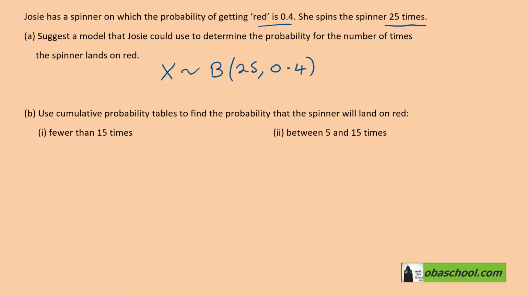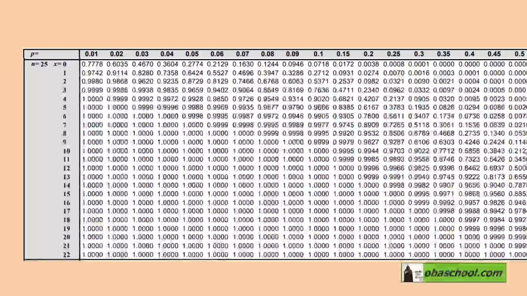Use cumulative probability tables to find the probability that the spinner will land on red fewer than 15 times. Now that's fewer than 15, which means less than or equal to 14. Remember, this is discrete, so if it's not 15 included, the next one down is 14. And we just need to look that up in tables. So we've got the n equals 25 tables here, and this column is the 0.4, so we want to go to 14 and across,